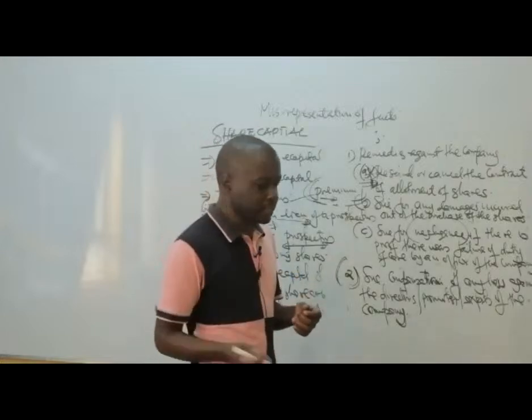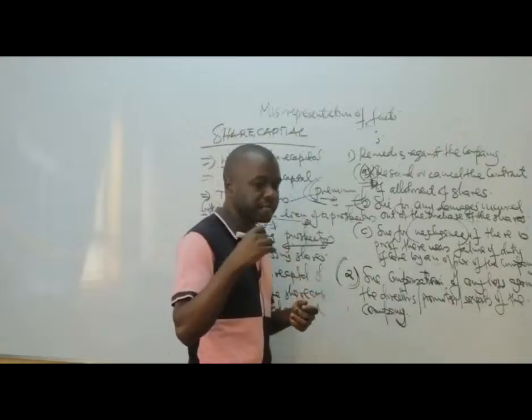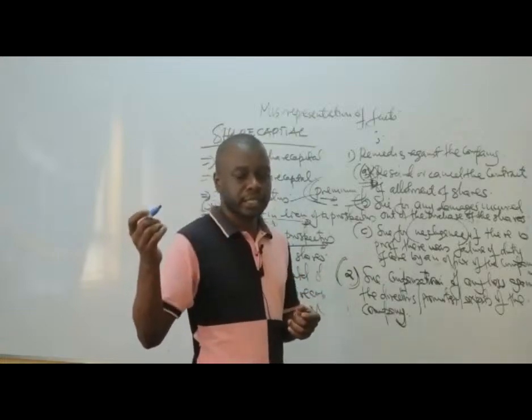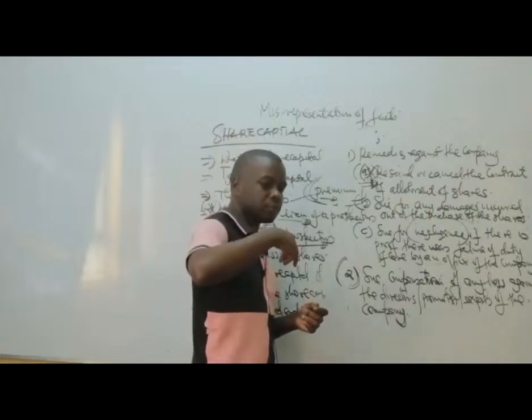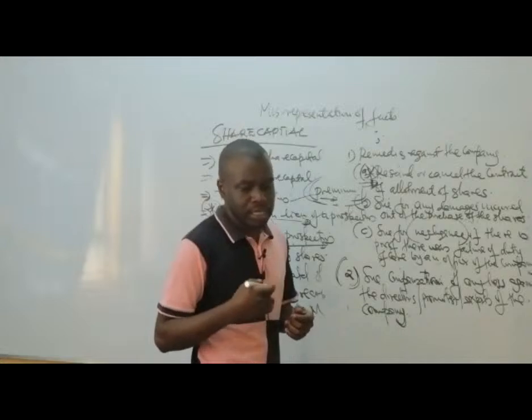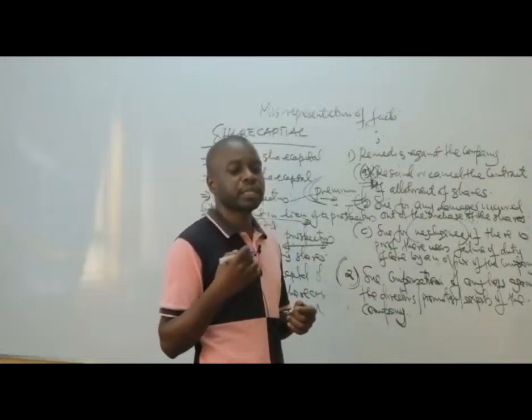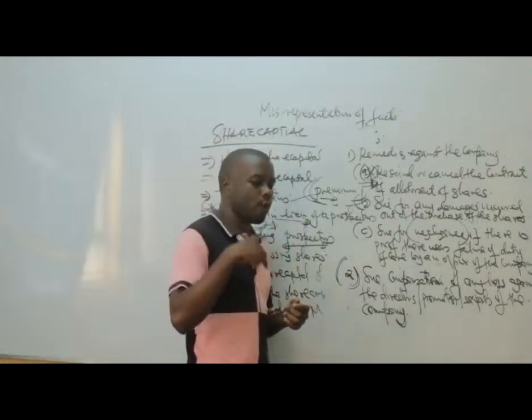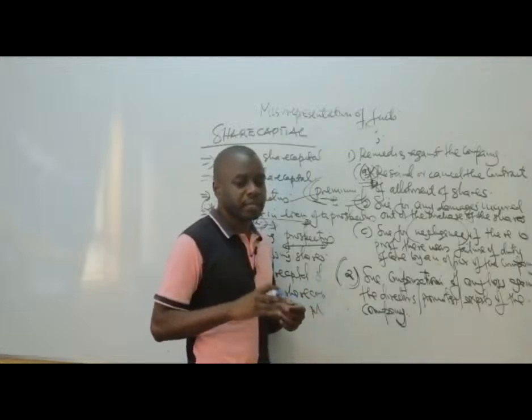How does it happen? For example, if you've already transferred your shares to another party, you cannot come later after you've transferred the shares and claim that you want to cancel the contract of allotment, because you cannot be returned to the original position. So that is number three. Number four,